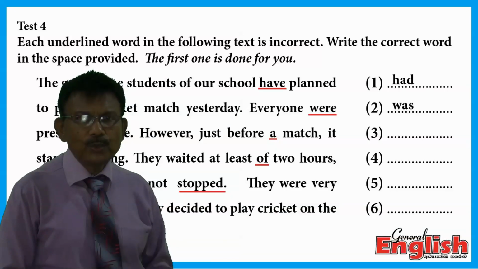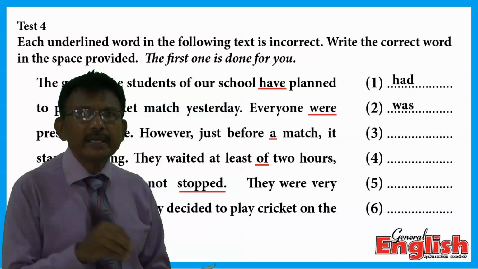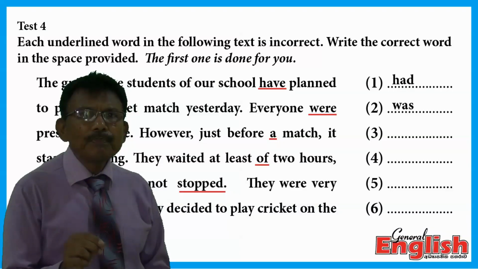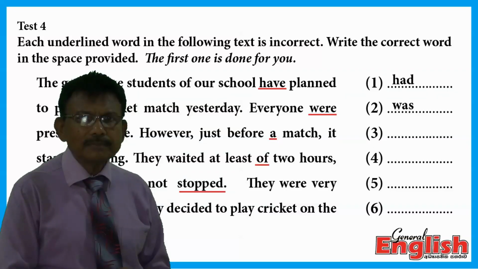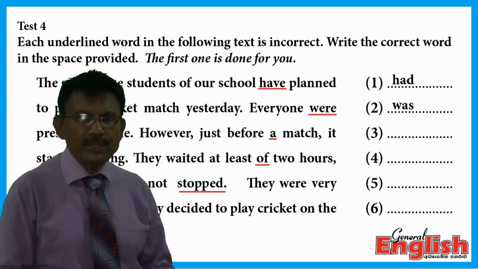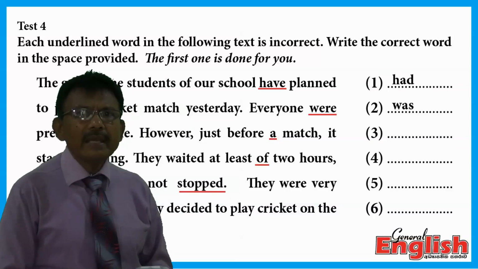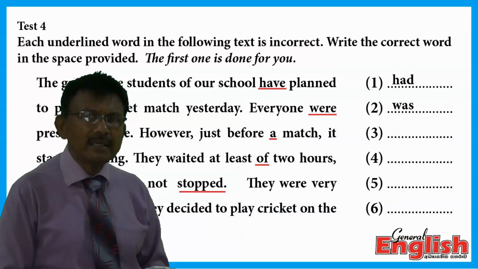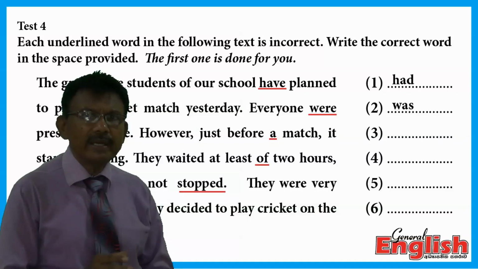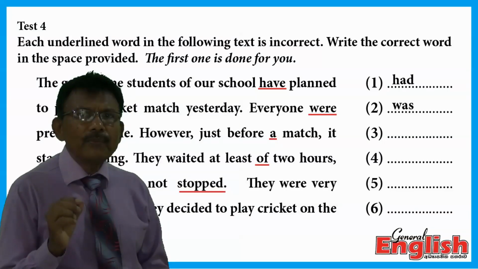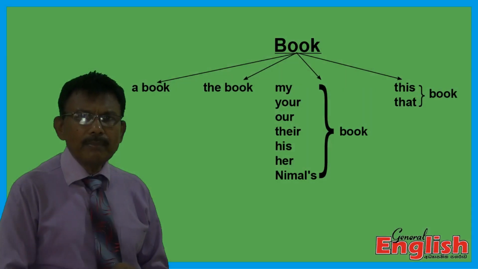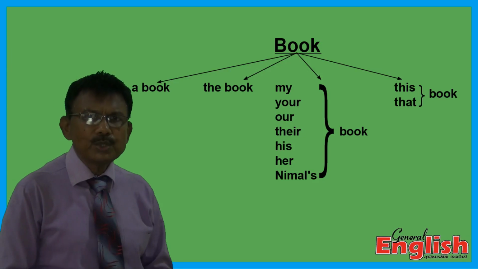All you have to do is make the word grammar, because all count singular nouns are dictionary words. Now, for example, match, boy, girl, dog, these are all dictionary words. So, to make them grammar, we must use an article or determiner to make the word either definite or indefinite. So, we use a match when we are talking about a match for the first time and which both parties do not know.